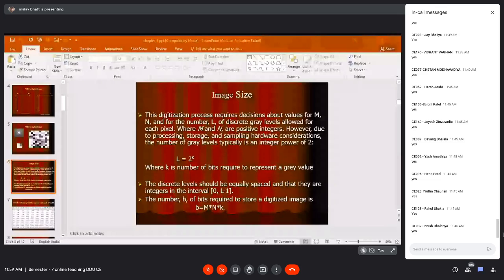So let me show you that, so it will be more clear, I think. Let me take one image and then we can go into it. You can understand this in a better way because we have this software, so let us take advantage of that. Let me open one image and show you this.